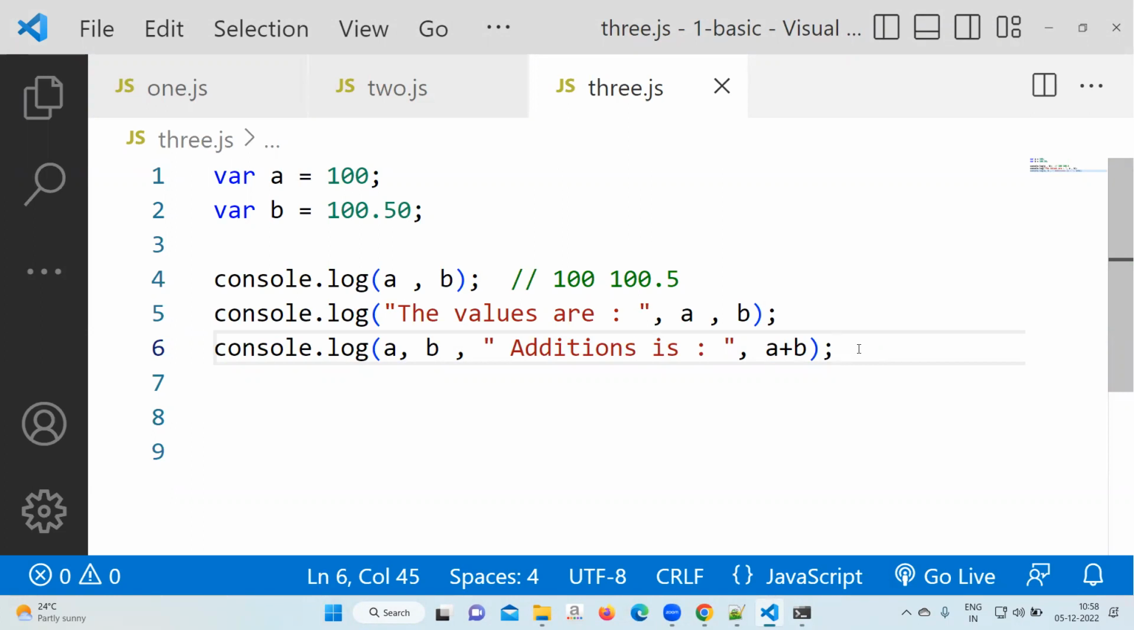Working? Let's come down. In JavaScript, here you can see the comma you have given, right? Plus we have given for the addition purpose. Instead of comma, you can use plus also here. The a comma b plus